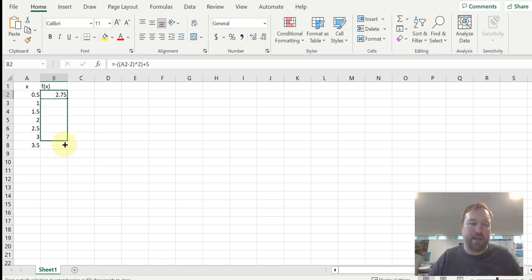We can click and drag down. And what happens is, it will substitute in the different values along here into there. So just that bit again, because that's the key. The little box will appear here, you click and drag, and it will fill down based on what was filled down here. Alright, so that is the different heights. And you can see it's symmetrical